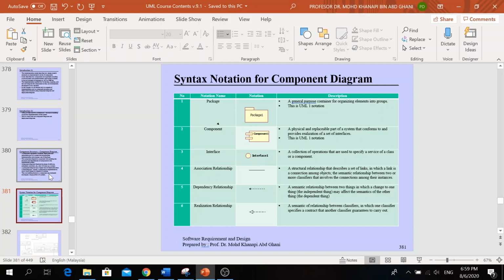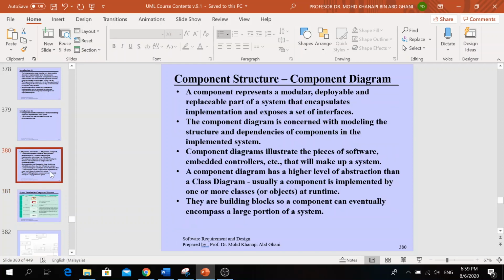The component diagram is concerned with modeling the structure and dependencies of components in the implemented system. So component diagram normally illustrates the pieces of the software, embedded controller, etc. A component diagram has a higher level of abstraction than a class diagram. So normally, when you discover your class diagram, then you need to